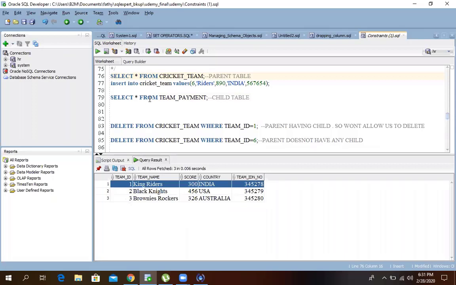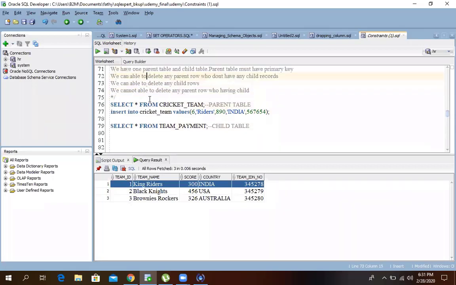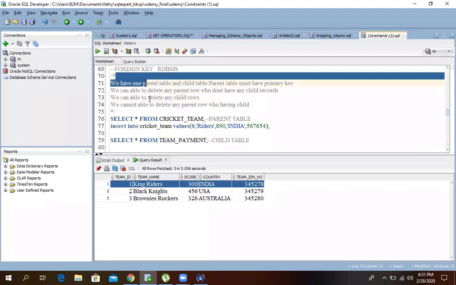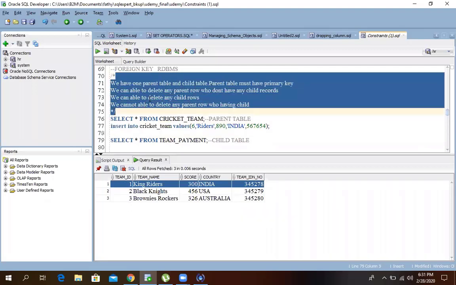Okay. So now read out these points again and tell me if you have any doubt here. These four are very important points. Just read it and discuss, and then tell me if you have any doubt in this foreign key constraint, because this is an important concept.